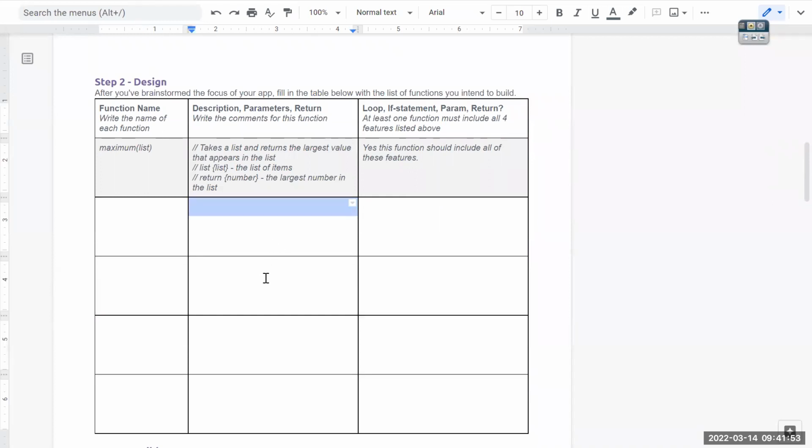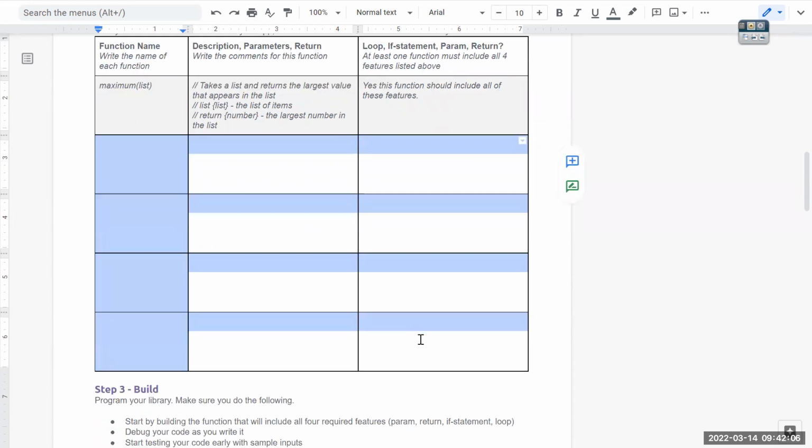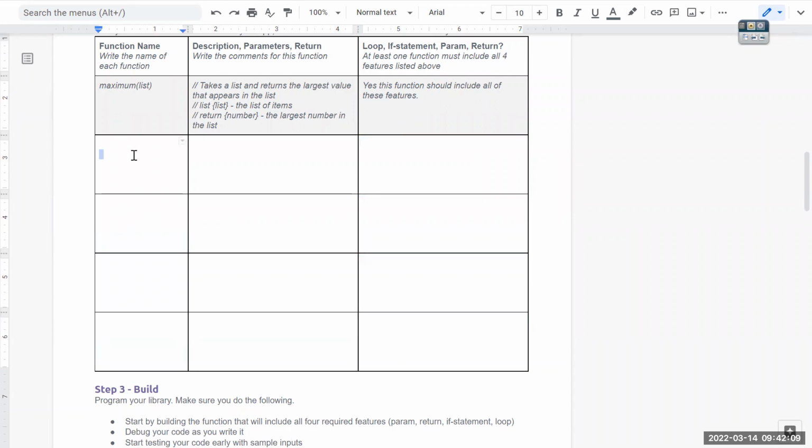Before you get going in App Lab, superstars who are already about halfway done with the project, that's awesome. But hoops to jump through first are good. You're going to come up with your 4 functions: the name, description, parameter, and returns, and what it's going to include. The description, parameter, and returns are the things that need to go into the comments directly above the function that you're writing. We saw a lot of this format